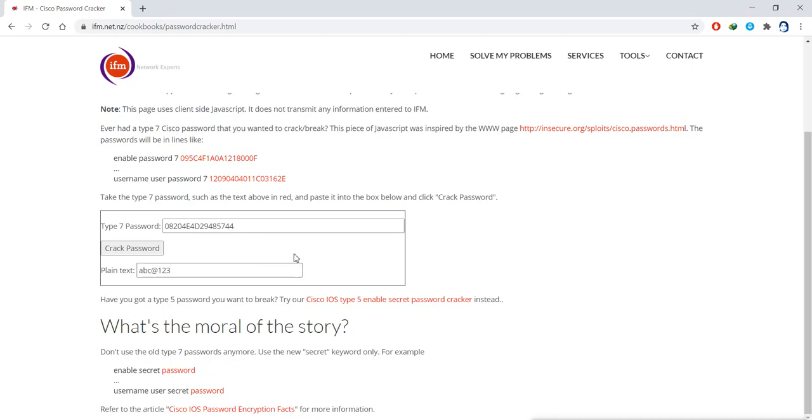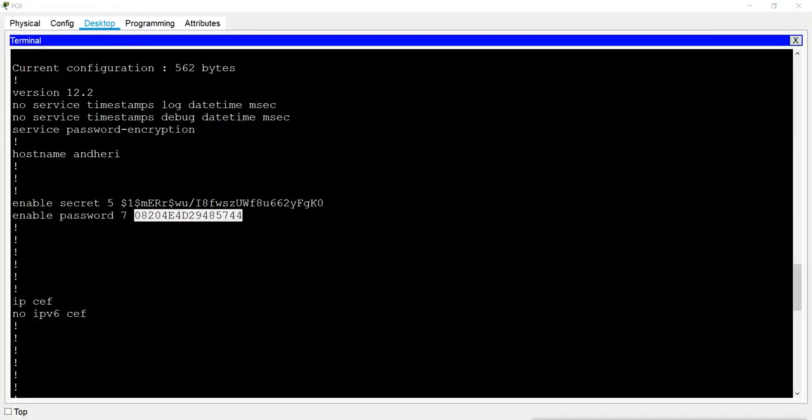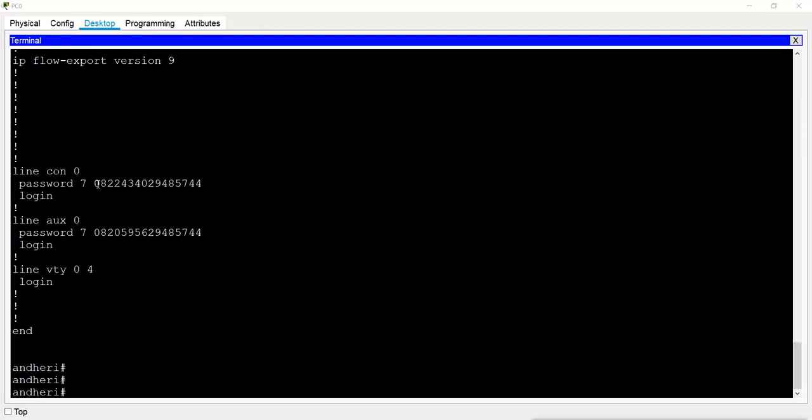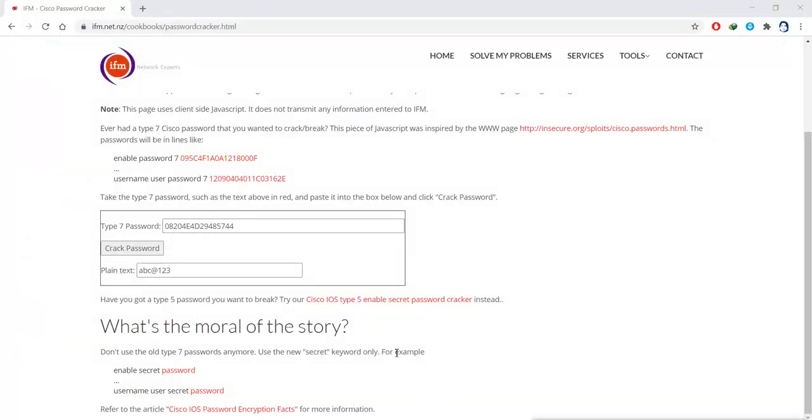We have other passwords also encrypted, just like the console and auxiliary port. We can even crack those also. Just copy the value here. Like we have here our console password, which was con at 123. So I just copy this value here, and I will go to the browser. I'll go to the same link, and I will now paste that value for the console password, crack, and now you can see the value is con at 123, and it is very easy.